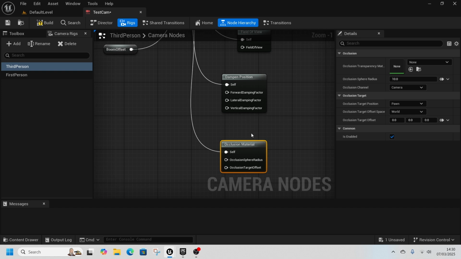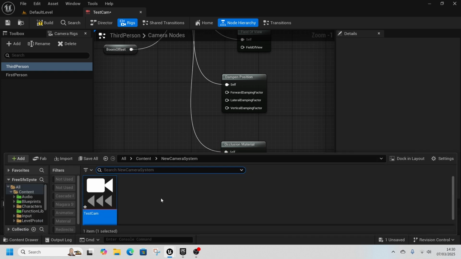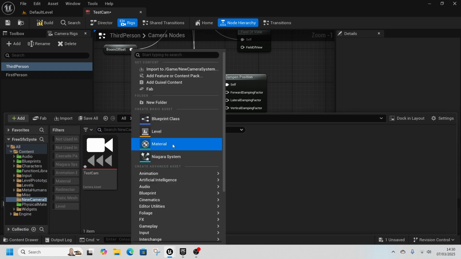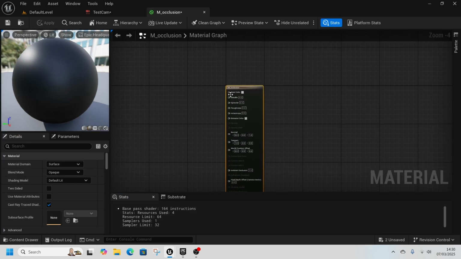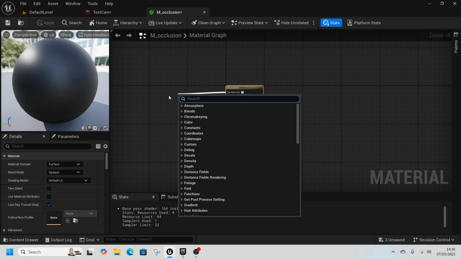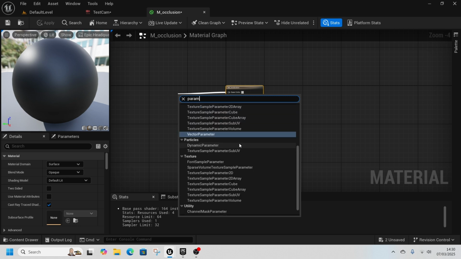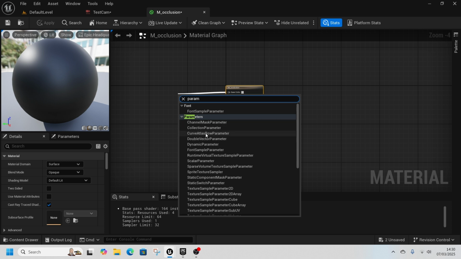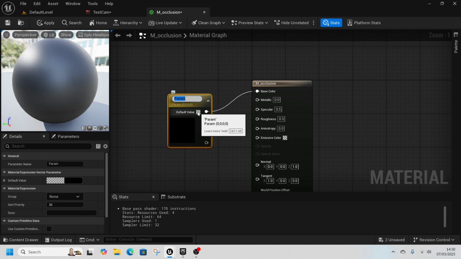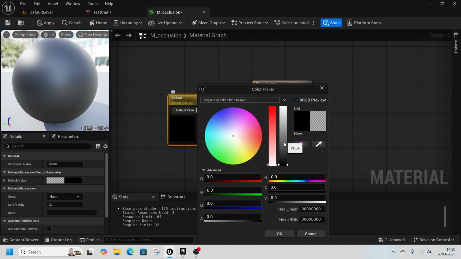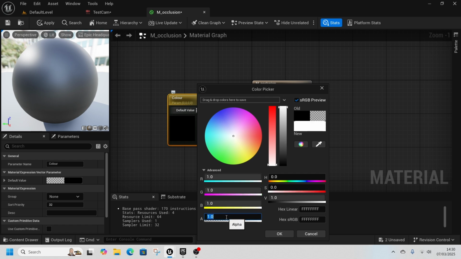We don't have an occlusion material yet, so let's quickly set one up. So we're going to come back to our new camera system, right click, material, occlusion. Now, I don't do much with materials, but we're going to give this one a go. So from base color, we're going to get a param, and we're going to make it a vector param. Yep. And we're just going to call that color, and put this up to 1, put A up to 1,